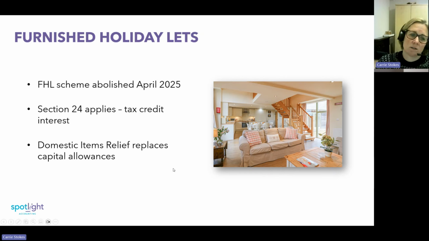So to put that into plain English, at the moment, if you bought a property that you were doing up as a holiday let, when you furnish it with beds, equipment, or other furniture, you can get capital allowances in the year that you rent the property out, whereas moving forward you'll only get relief when you replace those items. The initial spend you won't get tax relief on.